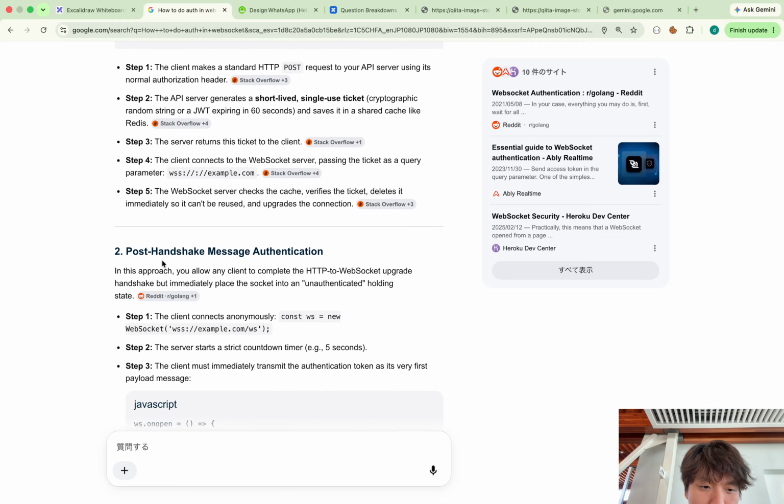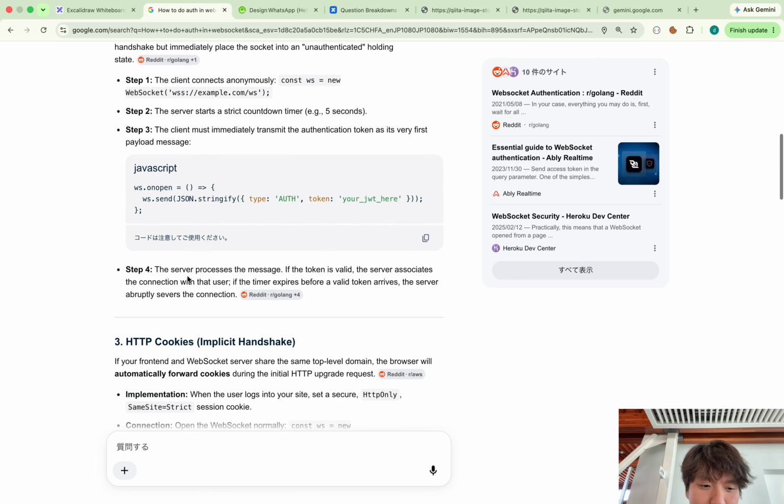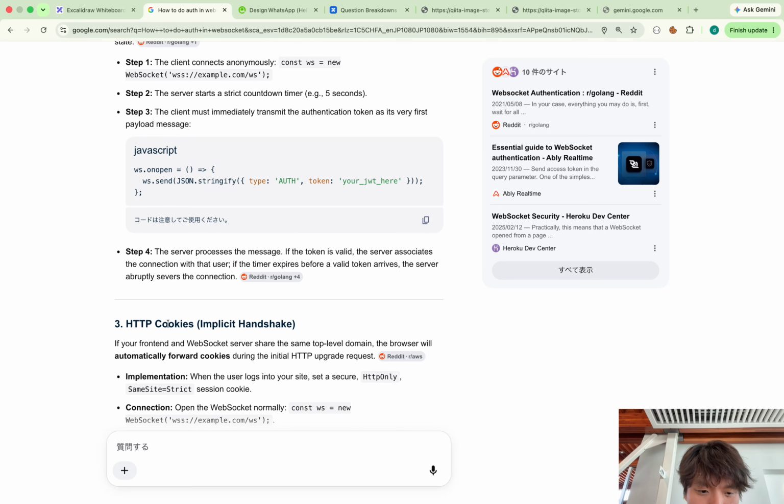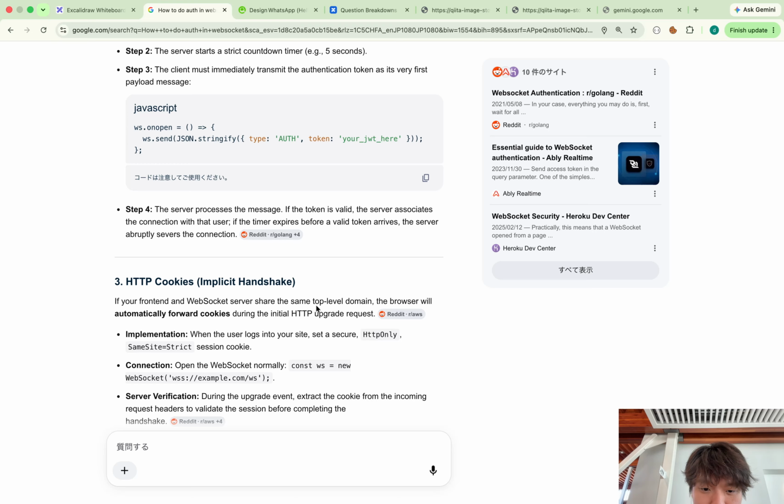Maybe we can also use post-handshake message authentication, and we can use HTTP cookies. The browser will automatically forward cookies during the initial HTTP upgrade request.